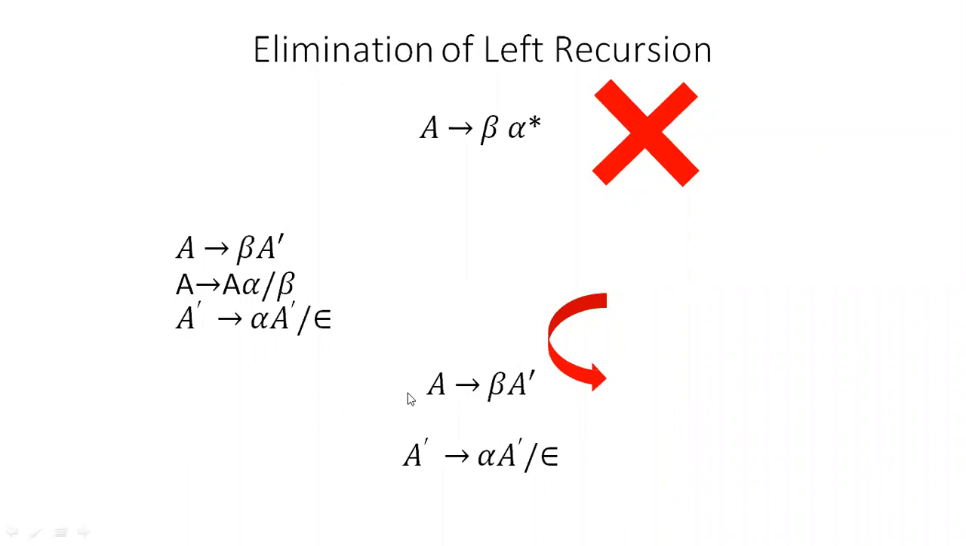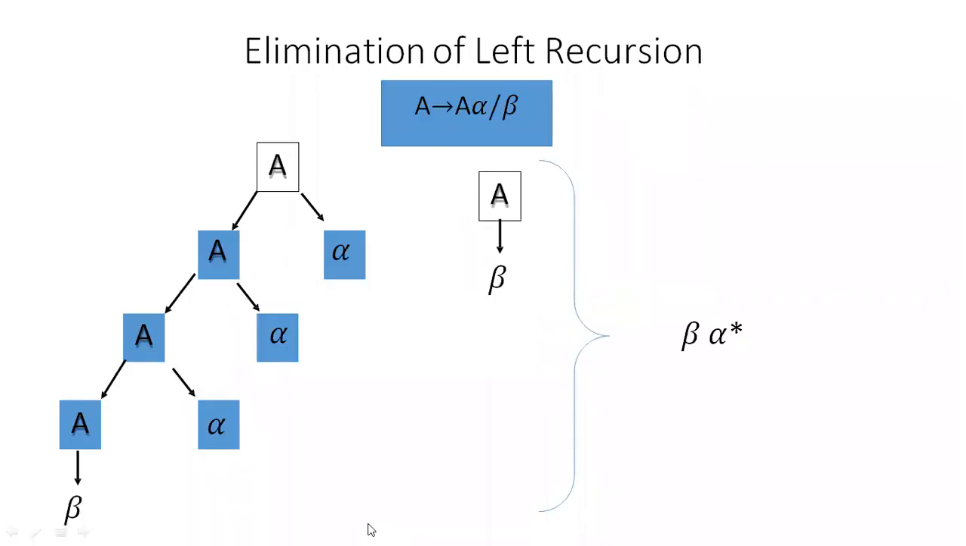By converting it into these two rules, A tends to beta A dash, and A dash tends to alpha A dash or epsilon. Make a note of this. If the given grammar is in the form of A tends to A alpha or beta, then we need to modify the grammar by eliminating the left recursion into A tends to beta